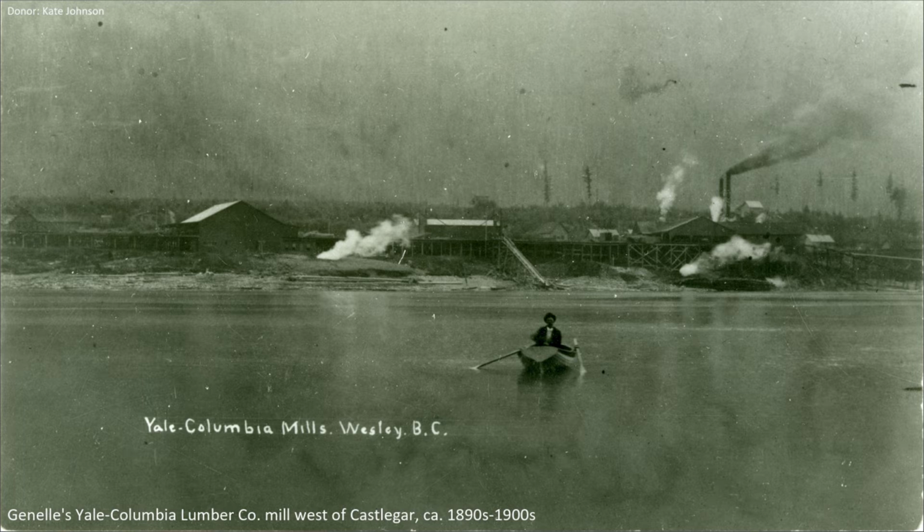The Janelle family slowly expanded their empire across southern BC. This is their mill at Wesley, and Wesley becomes the default location for every single mill that follows it right up till now, where it's basically the location of the Celgar mills. And which is why eventually the Janelle family winds up at that end of the lake,